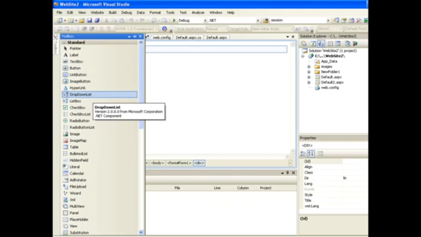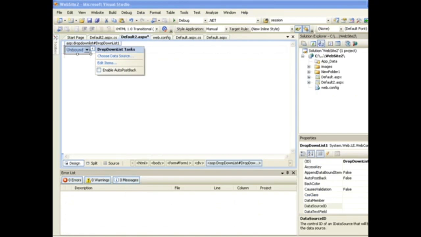This is the reason why I am showing that in select data field to display in the drop down list, this is the field where you provide a particular column of your table. Suppose you have a table of roll number and name, just select the roll number, so that roll number will appear as a part of your drop down list. Then we have edit items. Just remember one difference: list box is used for multiple selection and drop down list is for single selection. After clicking on edit items, a new window will appear.